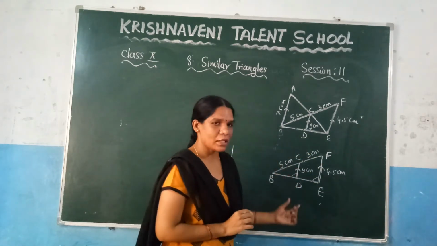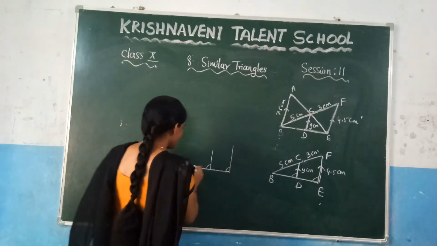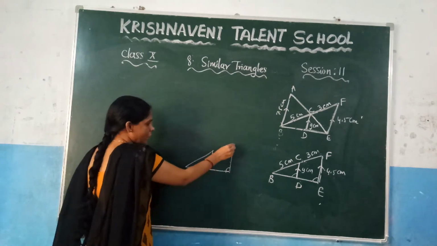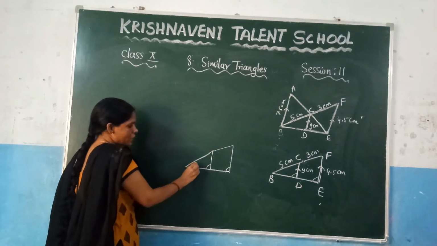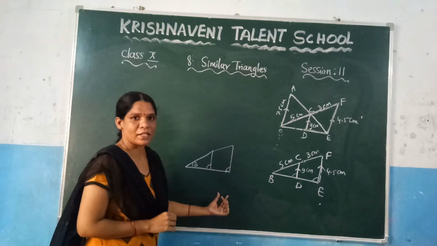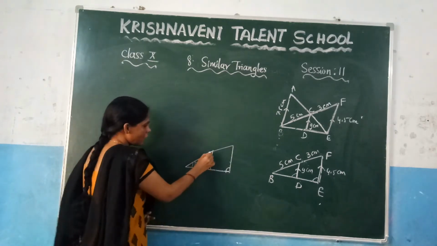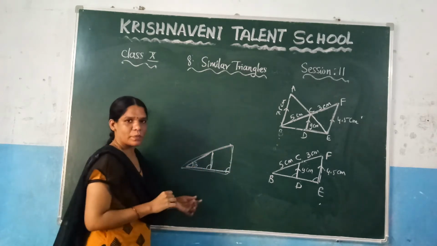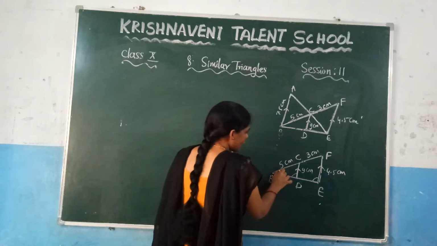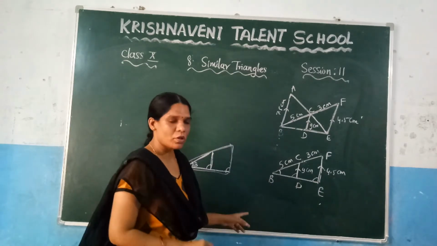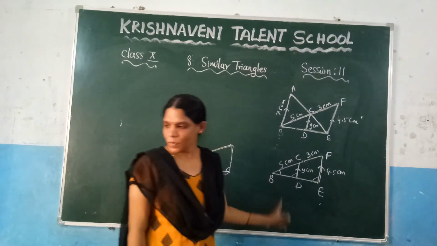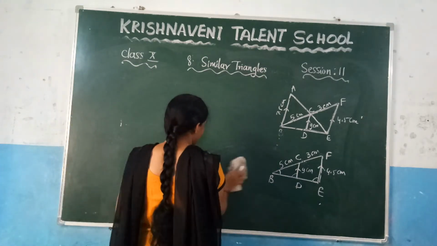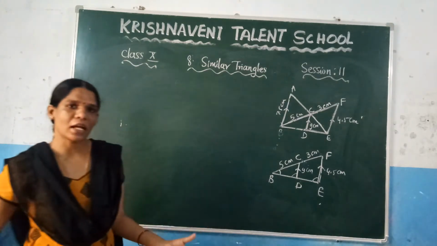So here similarly, if you consider this triangle BDF, the smaller triangle, and the bigger triangle, angle B is the common angle to both of these triangles, right? Here this is angle B in this triangle, and in this triangle this is also angle B. So you can say that angle B is equal to angle B. Why? Because it is the common angle. So similarly, if you consider these two triangles, you can apply angle similarity.